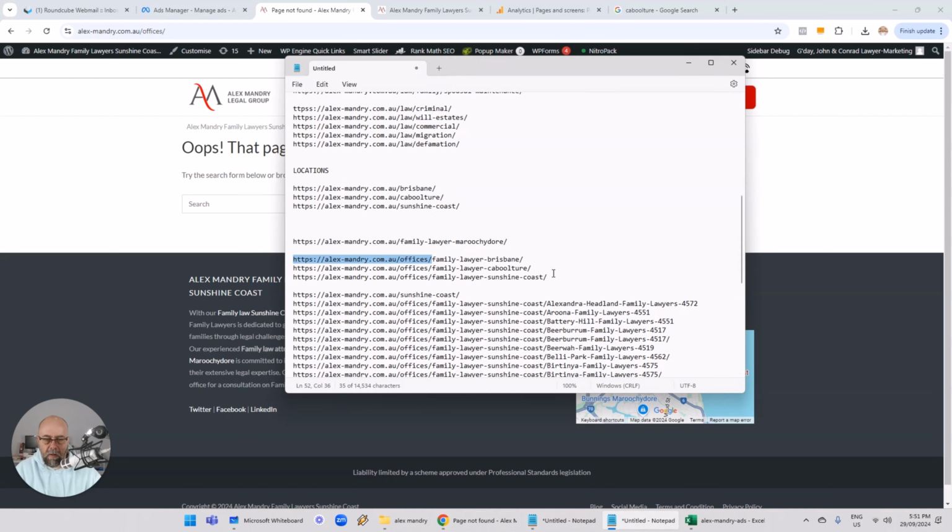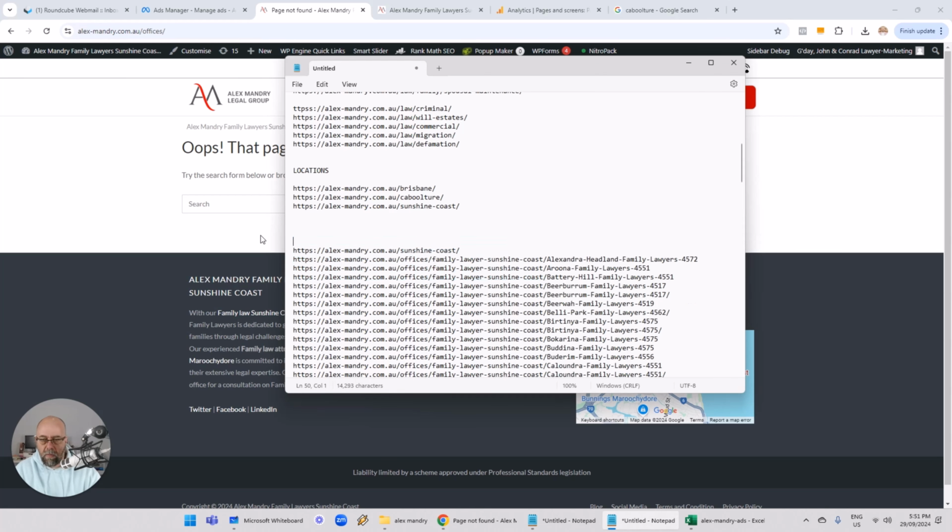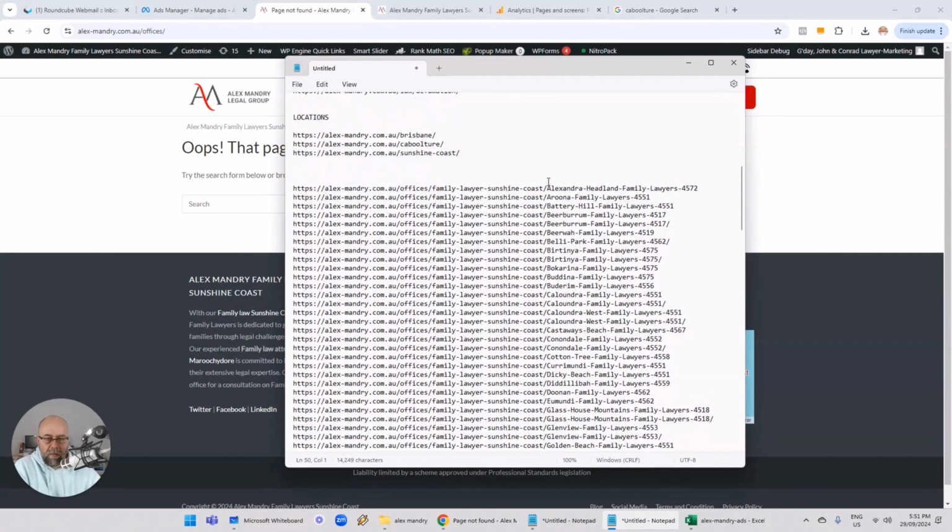So instead of this nonsense, I'm going to do it this way. Okay, and it's going to be nice and easy, and you'll see the difference. Maroochydore, let's just check this. In fact, we'll leave it out, because we'll be here forever. So Sunshine Coast, we've already got that. Now, all of these pages down below here are all suburbs of the